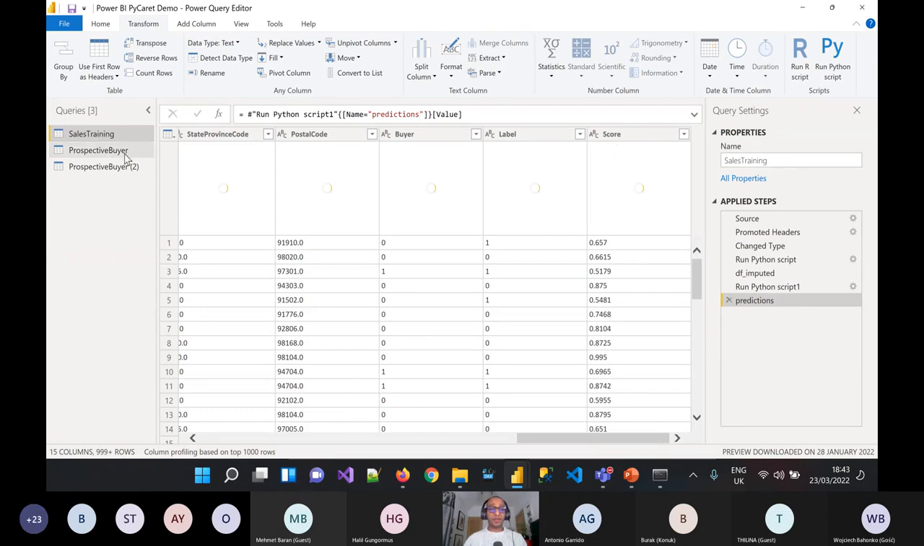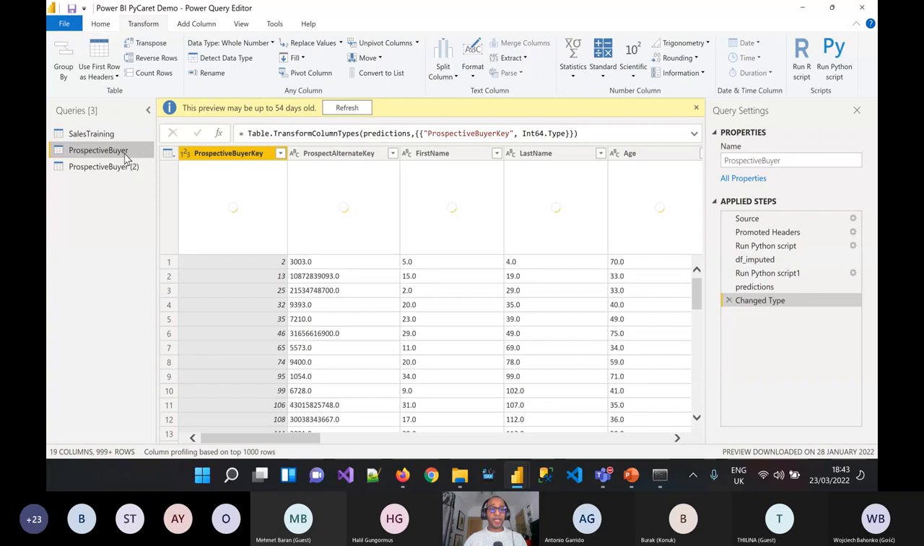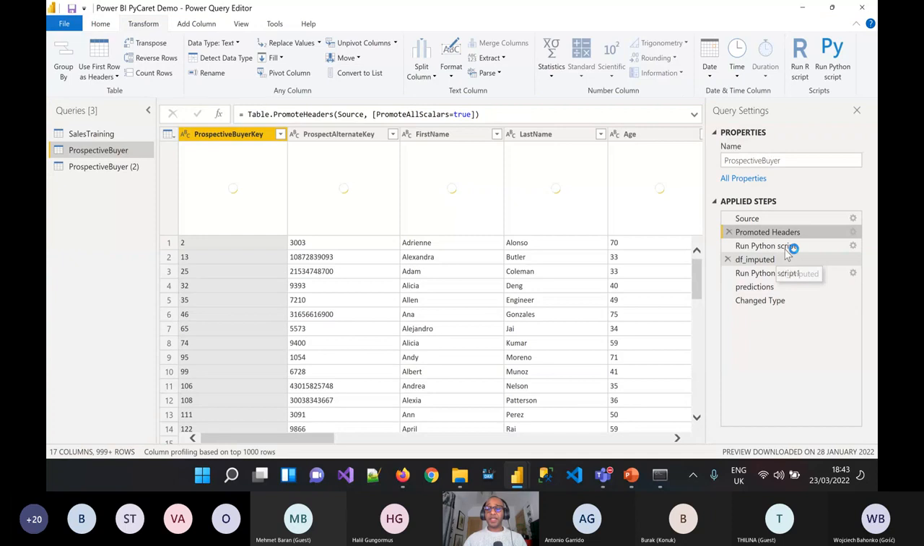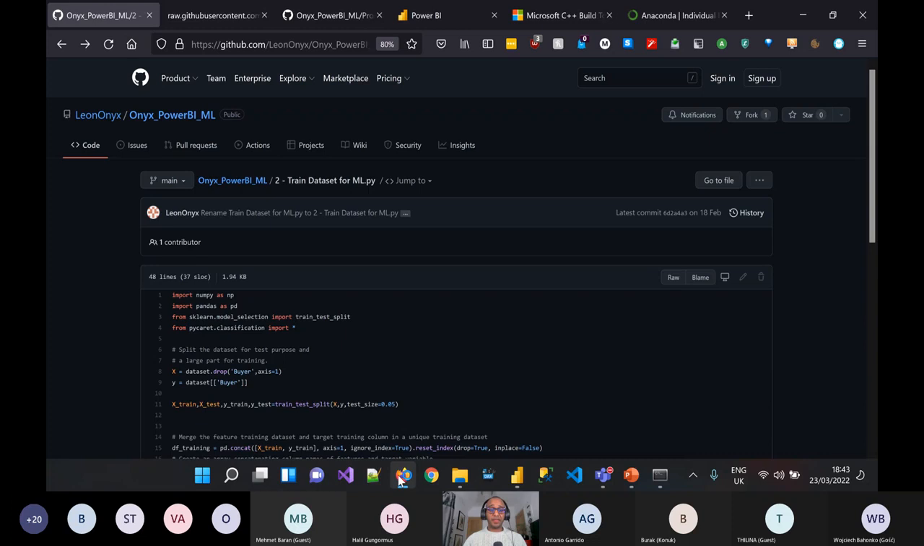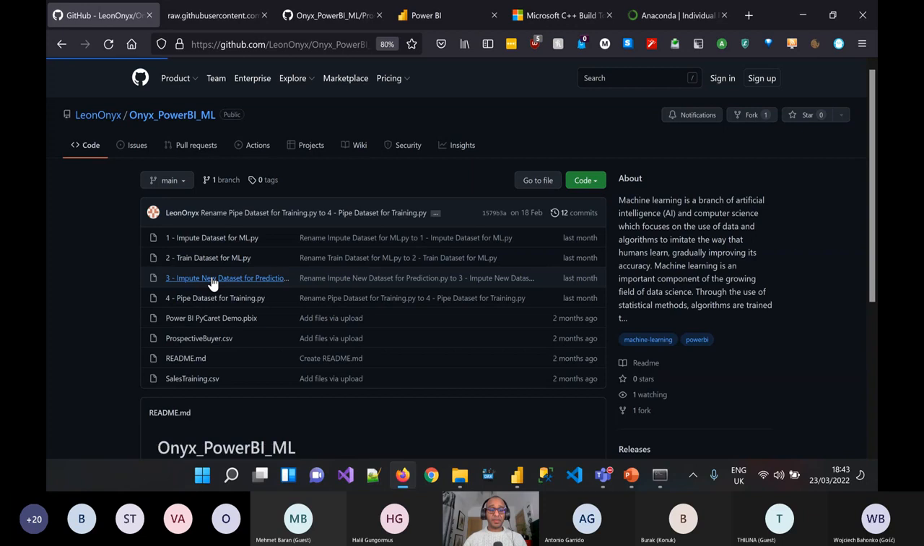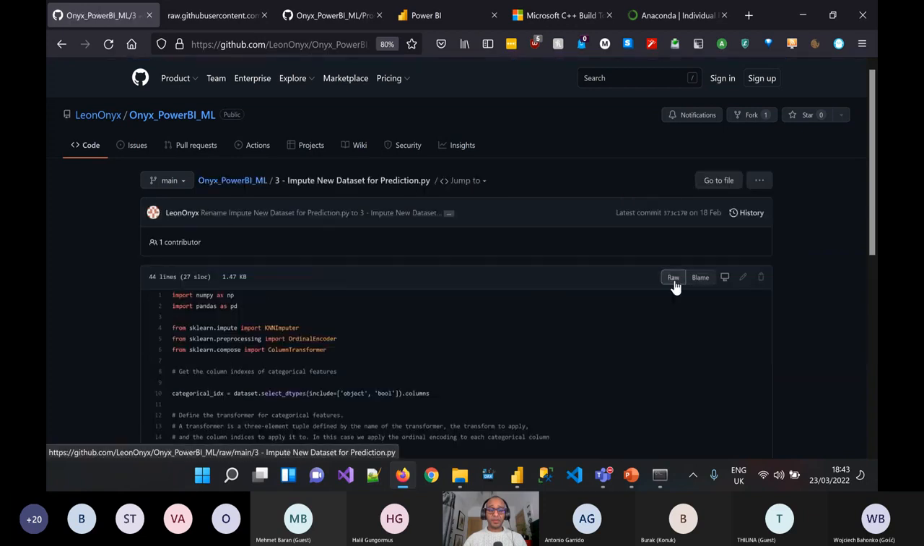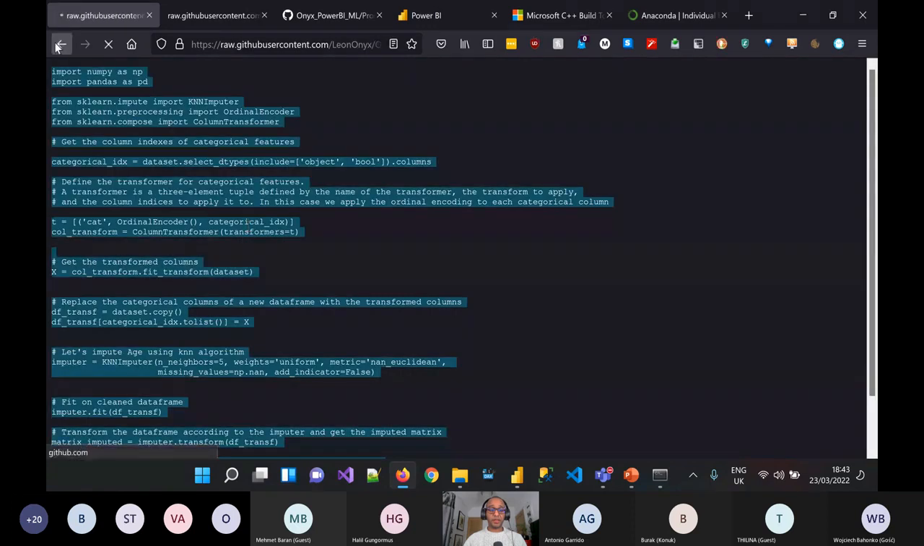So to do this, you would ingest your lead information in exactly the same way in terms of bringing in the data and promoting the headers, and then once we're at this stage we can run our Python script. Now, similarly to what we had to do with our training information, we want to go back to the GitHub repo, into the root directory, get our third Python script, get the raw version of that script, and copy and paste this